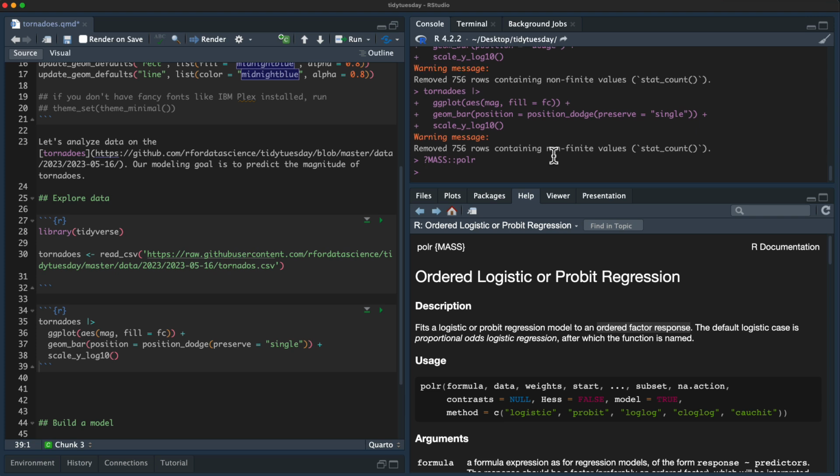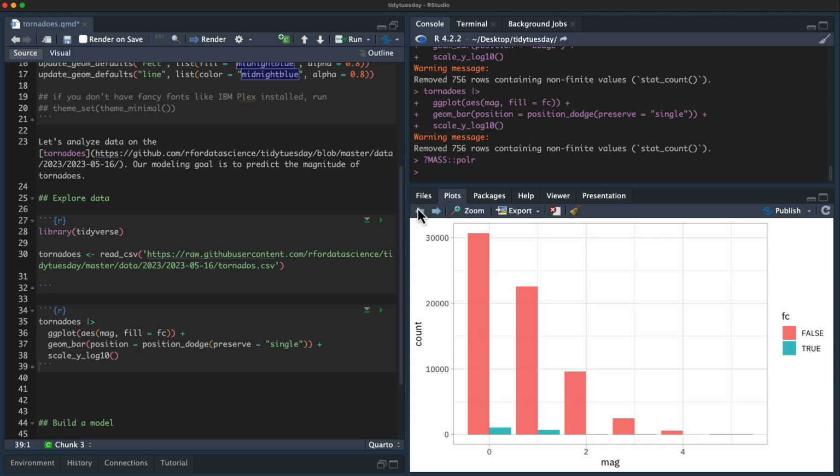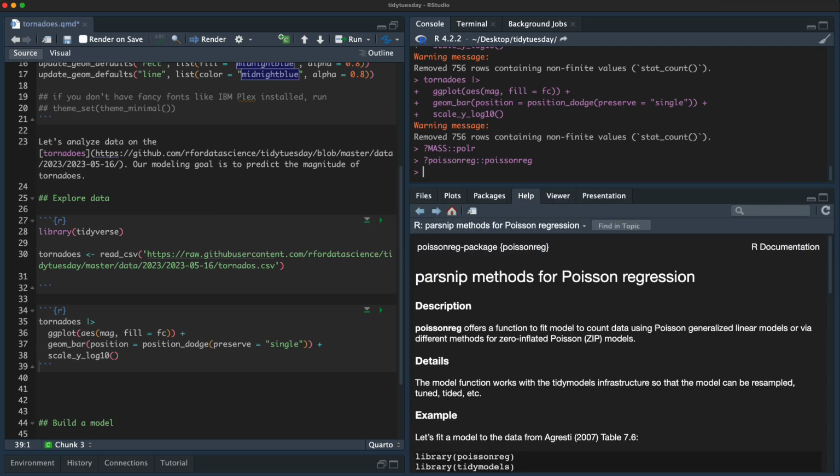Another option I could try is if we look at this plot, we could treat this like counts. The data generating process here is generating counts. And maybe, if you look at it without the log scale, maybe it's actually counts that have extra zeros somewhat. I don't know, maybe not. Either way, we could treat it as if it's counts, either with extra zeros or not, and use a Poisson model.